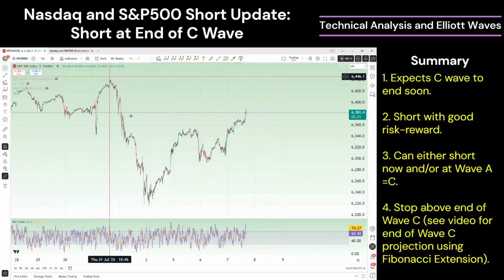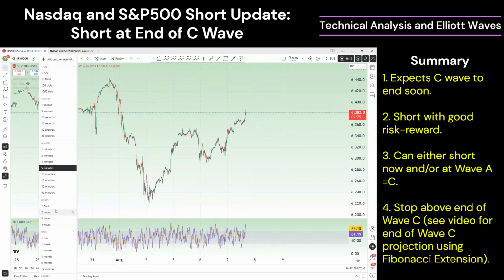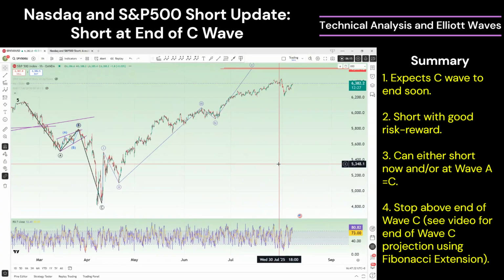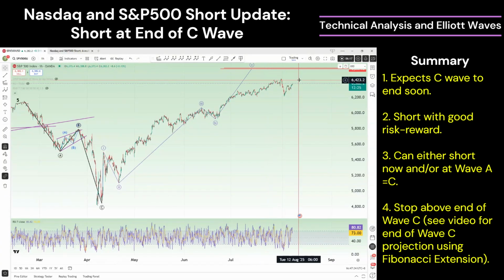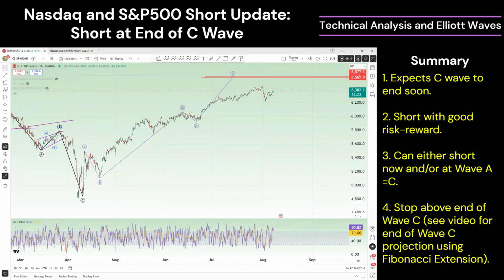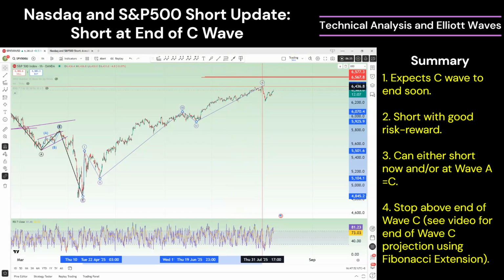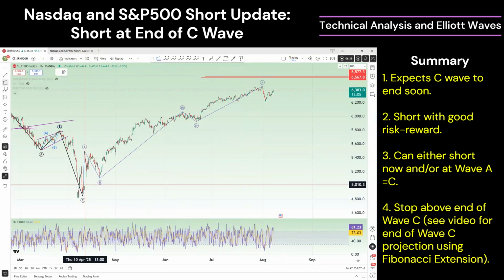So let's go to hourly again. Now, you see that I have these two lines over here. So this was based on wave 1 against the entire wave. This will be the ideal target for S&P 500, if this is not the end. So based on Fibonacci extension,